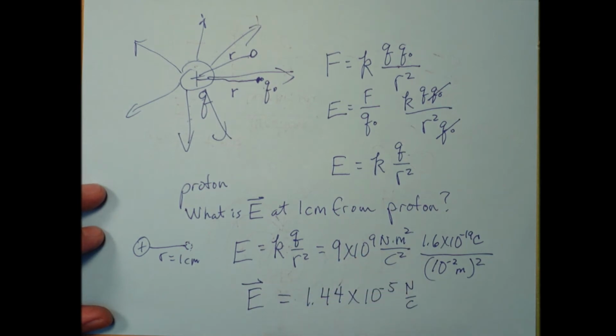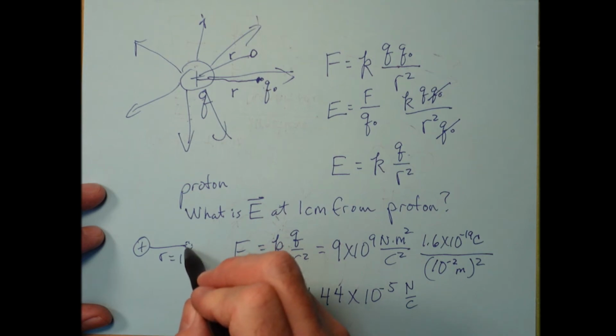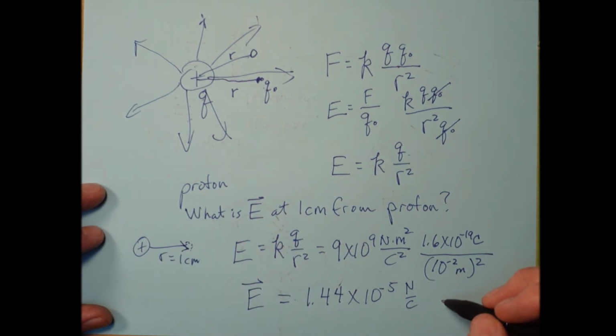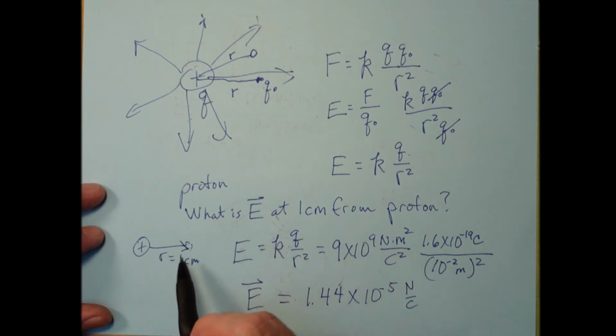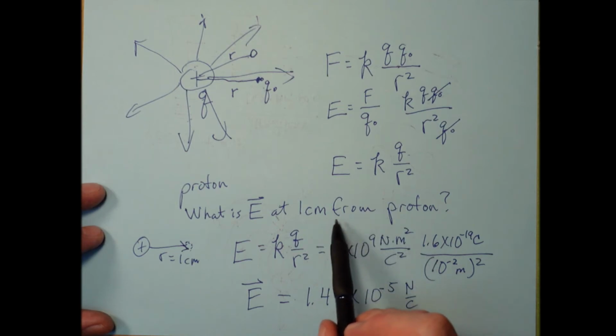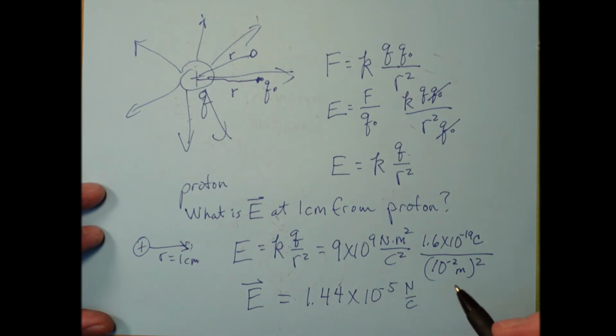But remember, E is a vector. What direction is the electric field going to be at that point? Well, it's a positive charge, so it's going to be pushing, as we've got it drawn here, to the right. But, you know, there's nothing that says the point is to the right of the proton, so you need to be aware of that. So how do you express direction here? The easiest way to express direction is to say this. It is radially outward